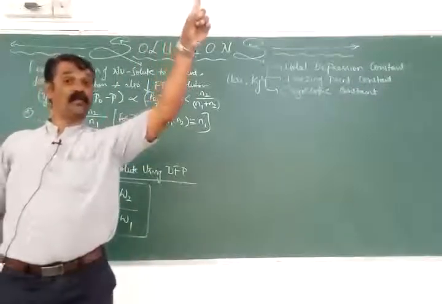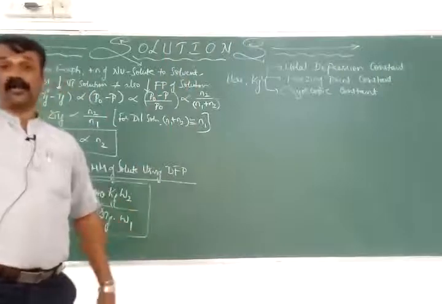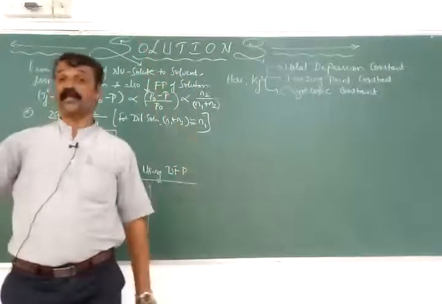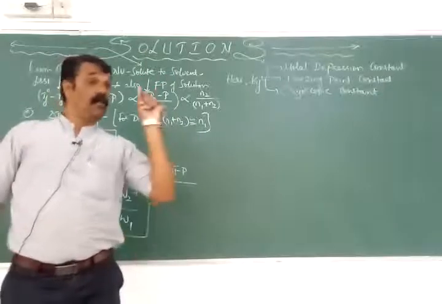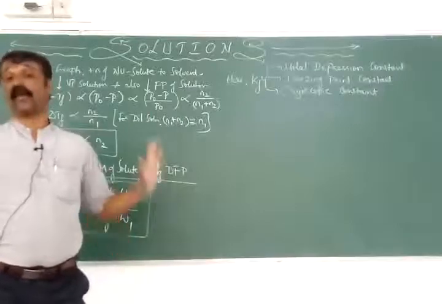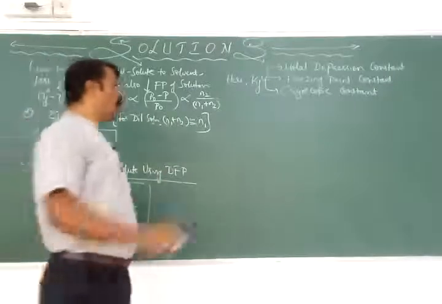Molar elevation constant for Kb, molar depression constant for Kf. Boiling point constant is Kb, freezing point constant is Kf. Ebullioscopy constant is Kb, whereas cryoscopy constant is called Kf. Okay. Now,